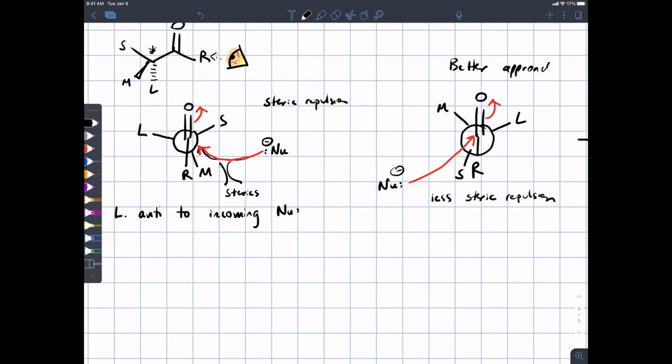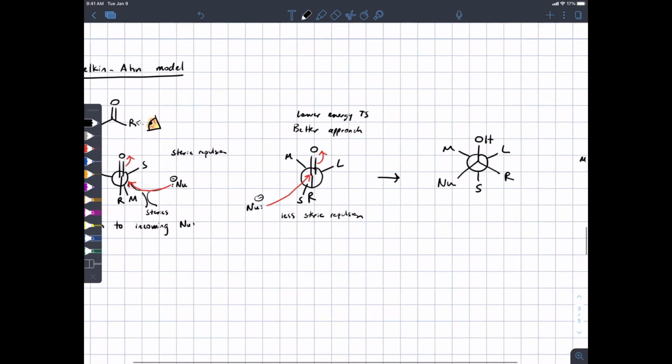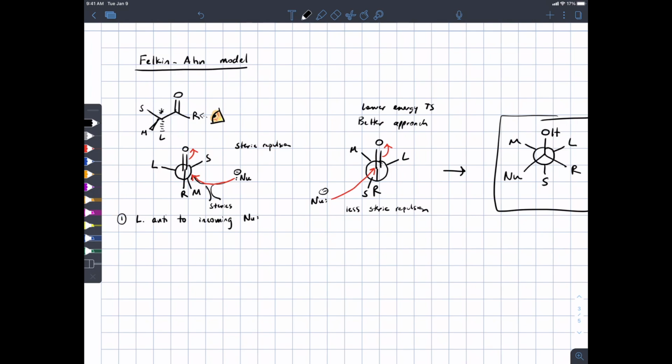This one's going to have a lower energy transition state, and therefore, because the reaction is basically irreversible, the fastest product to form wins, and that's going to be our major one. So this is a nice mixture of both electronic and steric factors. Electronic factors fix where that large group wants to be, which allows the incoming nucleophile to align with the sigma star of the carbon-large group bond. And then the steric factor occurs because we know the nucleophile must approach